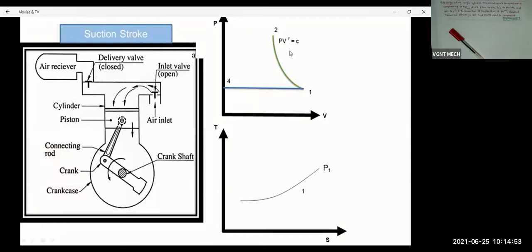Compression takes place in 3 different types: isentropic, polytropic and isothermal. Before the second type, we draw the TS diagram. Isentropic means entropy remains constant. With entropy on the x-axis, it is drawn as a vertical line, where S1 is equal to S2, and it achieves a certain pressure, that is P2. So isentropic means entropy remains constant and the line is drawn vertical.